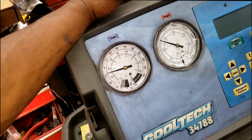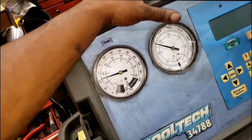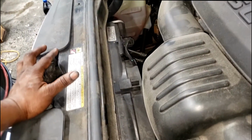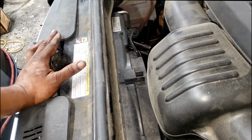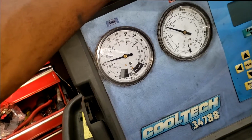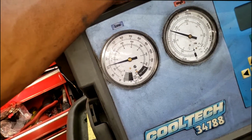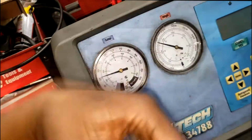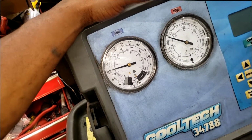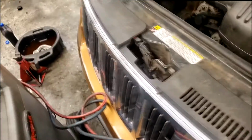Everybody's different. Now my high side is not high enough to even trigger the fan on, guys. I can tell I have a healthy amount of Freon sometimes based off the fan operation. I suspect my fan will kick on around 250 or 300. If high pressure never gets there, the fan will never come on. Also, if the compressor is running, high pressure should eventually get there. It's a cycling thing. So what I'm gonna do, because I don't technically know how much is supposed to be in it,